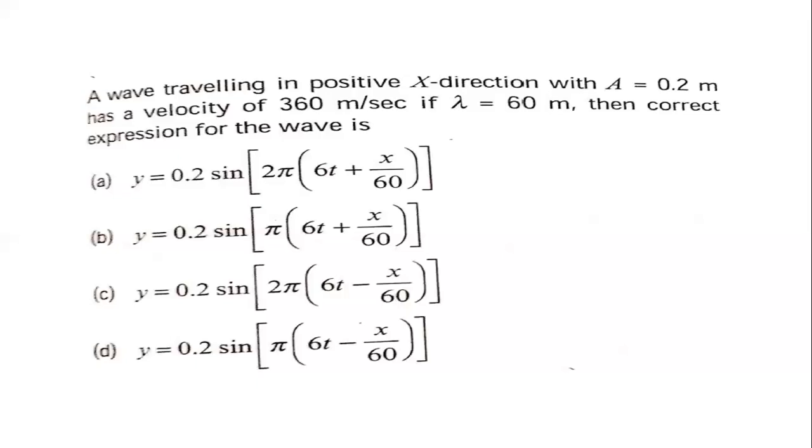The basic idea behind this particular question is, they have given some parameters related to the waves, that is the amplitude, velocity and the wavelength. So using these parameters, you have to just set an equation that describes the wave motion. In this connection, you are supposed to recall all the fundamental wave equations and then insert these parameters given into that standard wave equation. Then you are going to get the result. Let us see the solution.